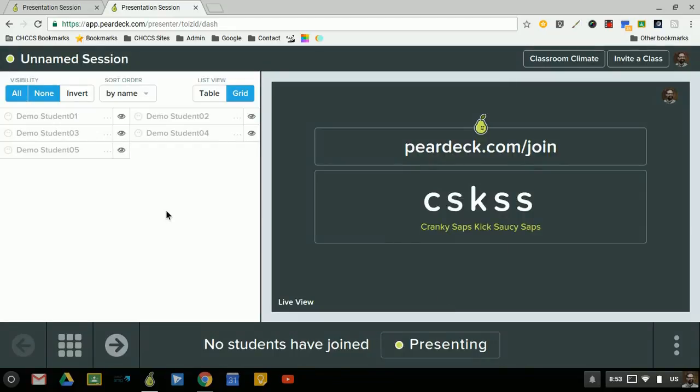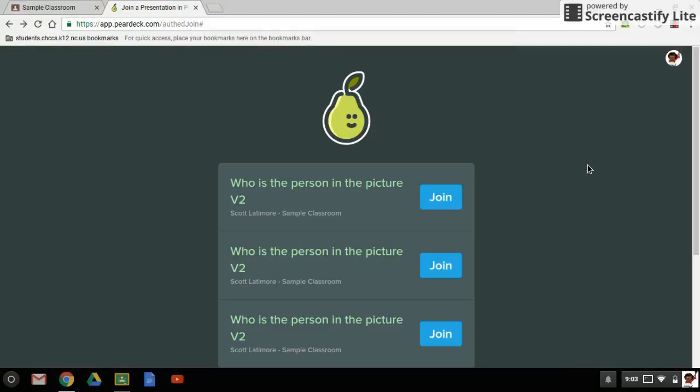Now what you can see in your dashboard is your entire roster for that classroom is loaded in here, and we're waiting for students to join. As they join, they will turn a different color. But let's look at that from the student's perspective and see how easy it is now to get into your Pear Deck session. So now I'm in my student account,